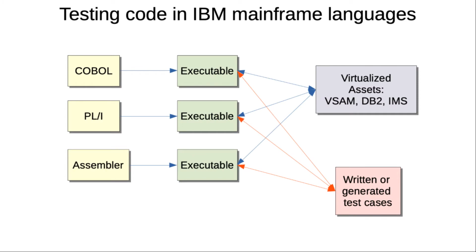Executables produced by mainframe compilers and assemblers don't lend themselves to runtime manipulation. That makes it difficult to implement a testing framework that operates by modifying the object code. This has imposed a limitation on testing tools, like IBM's Z-Unit and tools from other vendors. The smallest unit of code that can be exercised in isolation is an entire executable. In the case of Cobol, especially batch Cobol, that could include quite a lot of functionality.